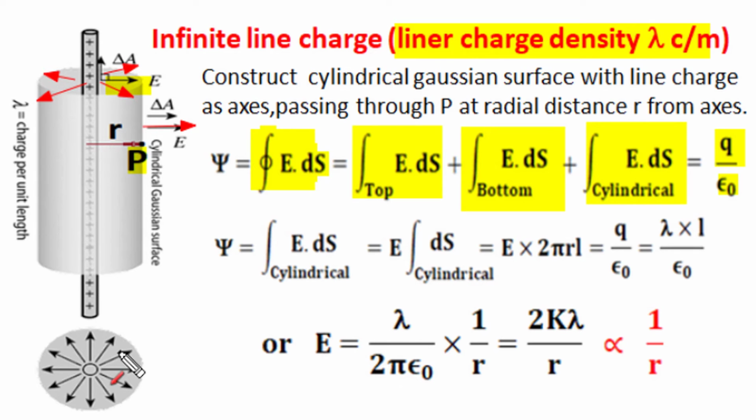Due to symmetry of this radial electric field, all cylindrical positions are at the same distance from the axis of this line charge, so they have identical magnitude of electric field. So the electric field magnitude, being constant, will come out of the integration, and this becomes just the summation of cylindrical surface area for r radius of observation position.